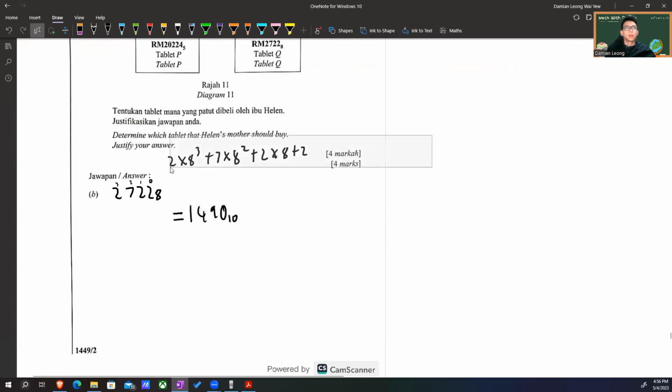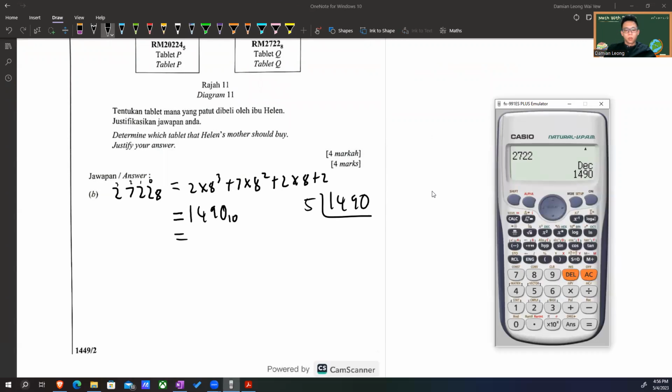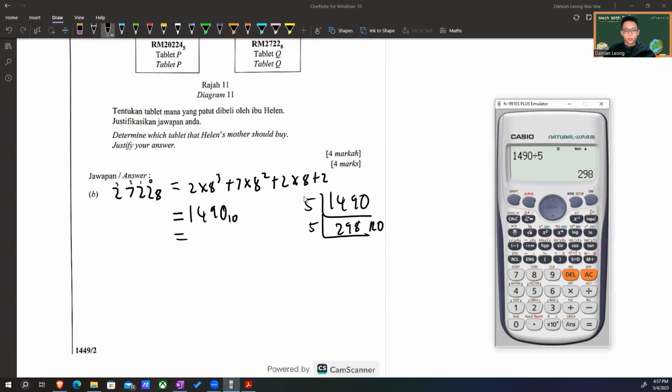Yeah, let's put that in. Then convert to base 5, divide by 5. 1490 divided by 5 is 298, no remainder, remainder 0. Divide by another 5,